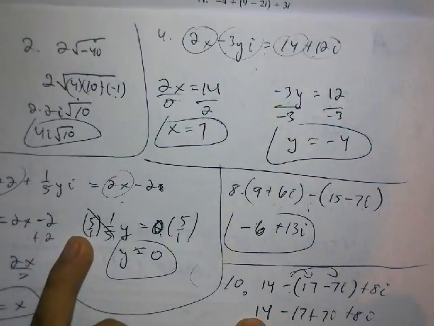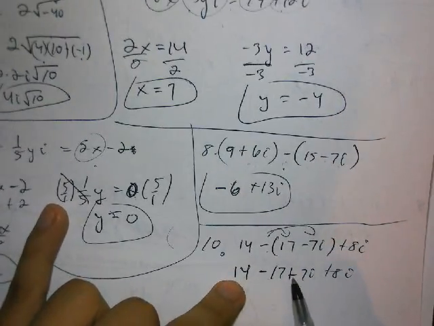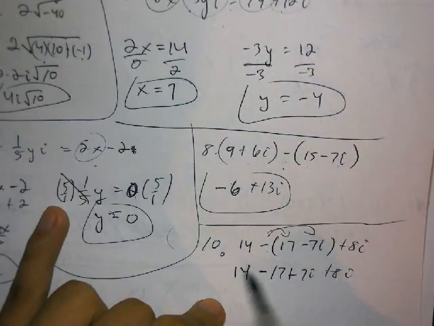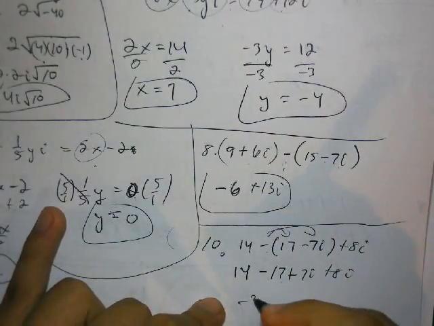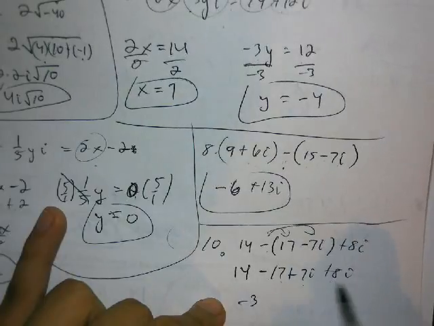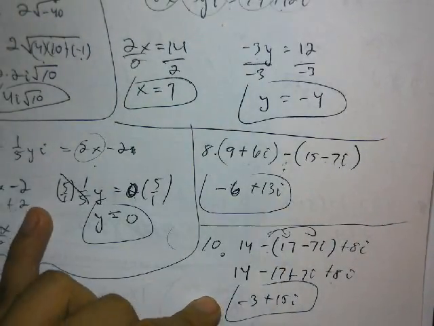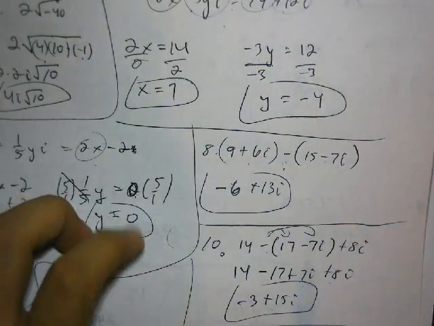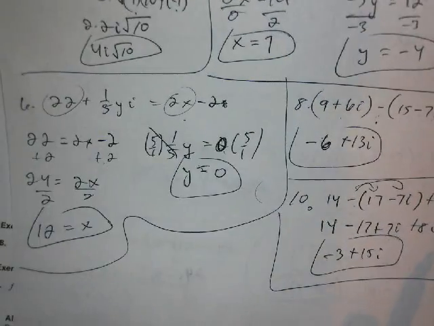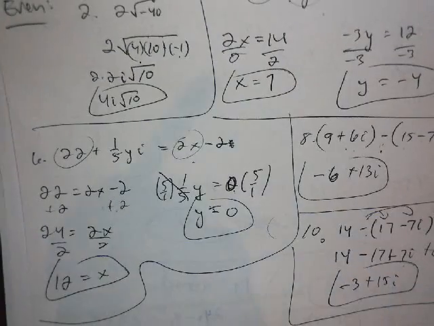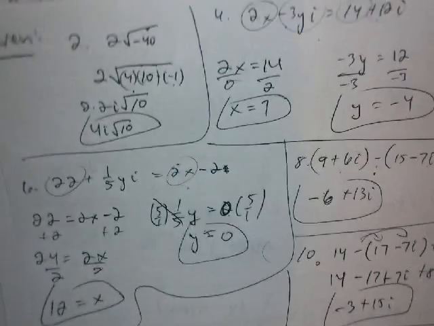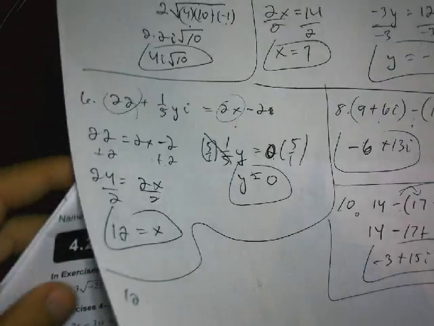Once you distribute your negative, all you have to do here is just combine your real parts. So 14 minus 17 is negative 3, and 7i plus 8i is positive 15i. And we're done. Number 12. Number 12 reads,